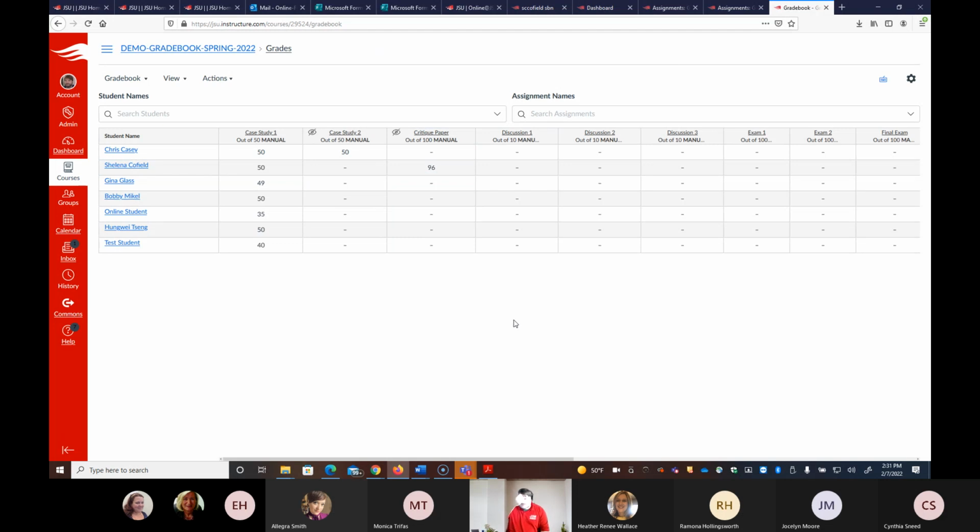When one person turns it in, you grade it, this icon appears, and that lets you know that this is hidden, that the student still can't see this. Now, what you want to do is, when you're ready to actually release the grades,